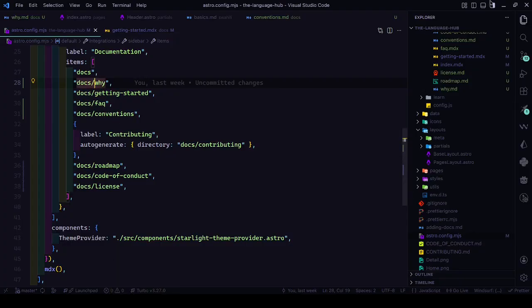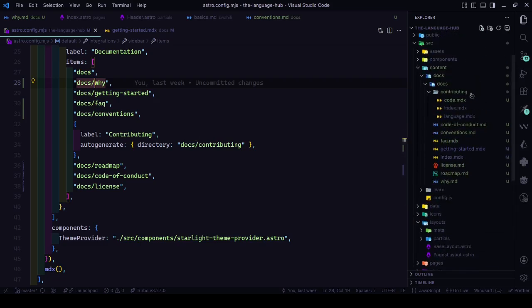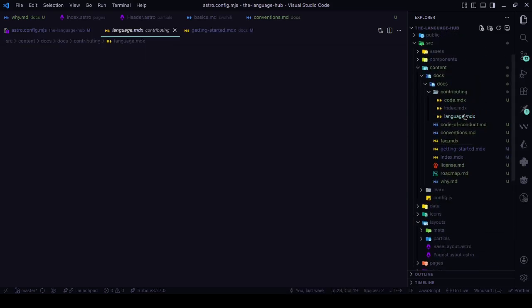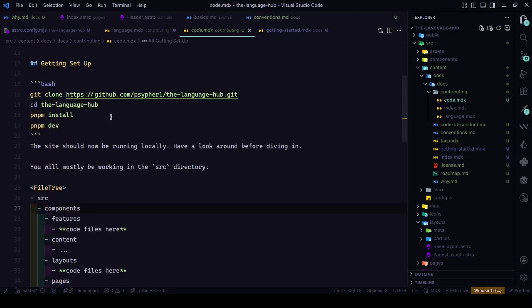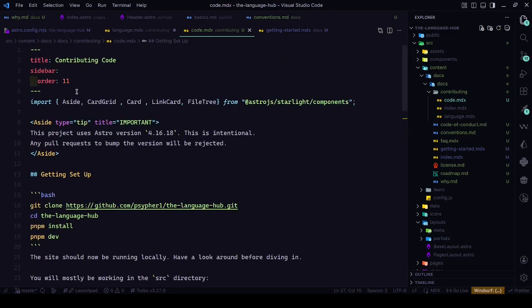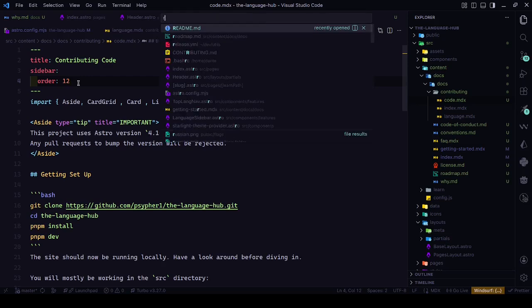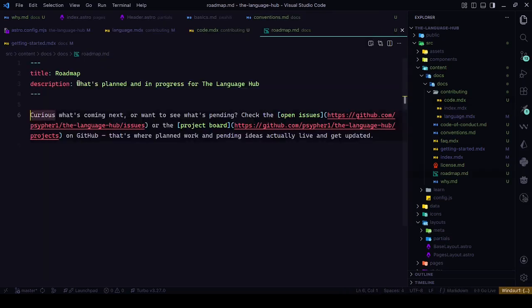So what I am actually going to do is come to contribution here. Then your order needs to be 11. Then you need to be 12. So language is first for my own sanity. Then we said we need to update Control KS. That's save. We need to correct roadmap. So instead of going to issues, it goes to the